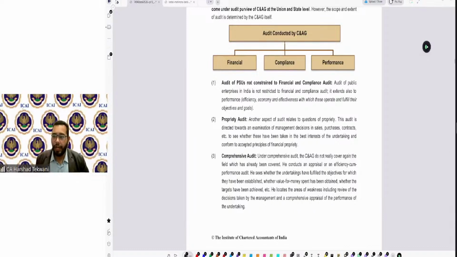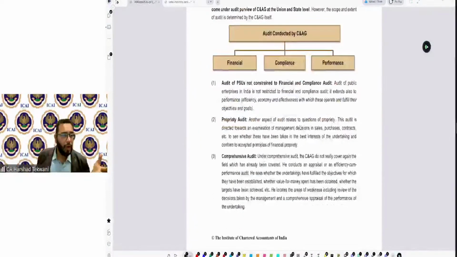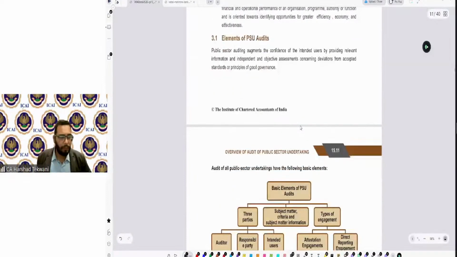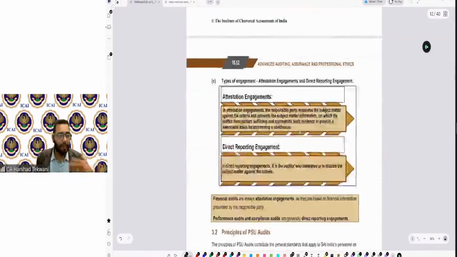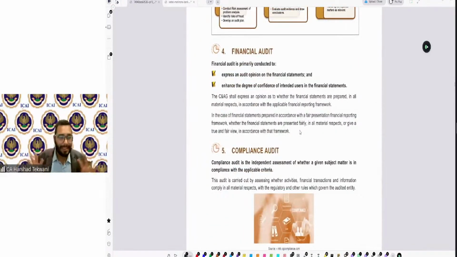You will find compliance audit and performance audit. Now, what are these kinds of audits that we need to see? I gave you a background about the financial audit. Financial audit is basically about financial matters, numbers, and everything that we have seen in companies also. But again, it is very critical to understand the financial matters of a public sector undertaking, because you still have different elements compared to the audit of a normal company.